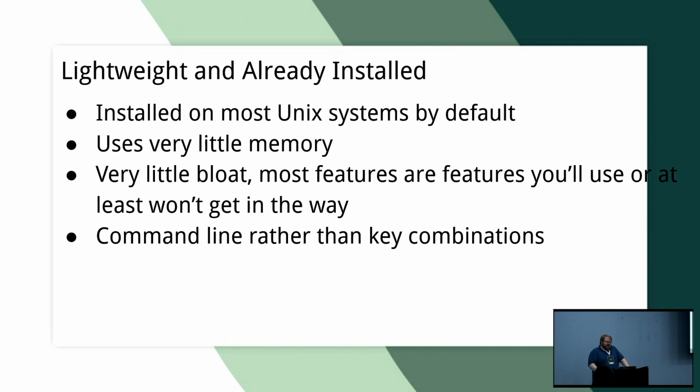So, as mentioned, already installed, uses very little memory, so this is where I'm going to go into statistics. Typically you have about a 6 meg file, about XML typically, and Vim will take up 12 megabytes of RAM, whereas VS Code takes 493 megabytes to display that same file. So that's a huge order of magnitude there. Yes, VS Code is going to give you all the bells and whistles. Vim is going to give you exactly what you need in order to edit this and then move on. Uses very little memory, but also very little bloat.